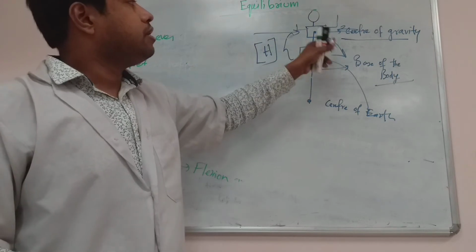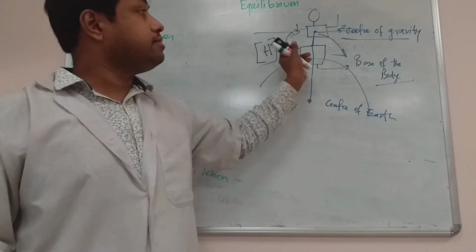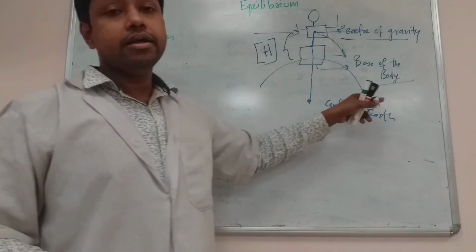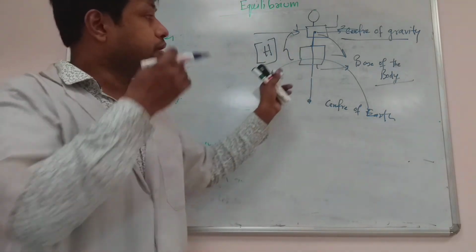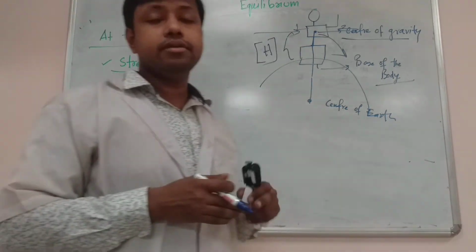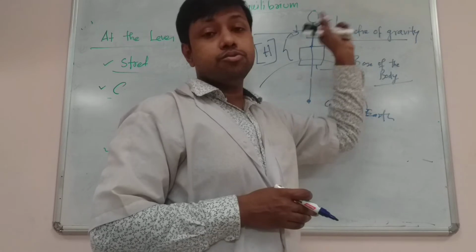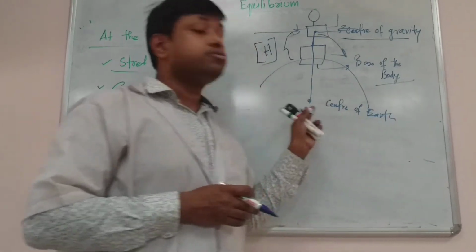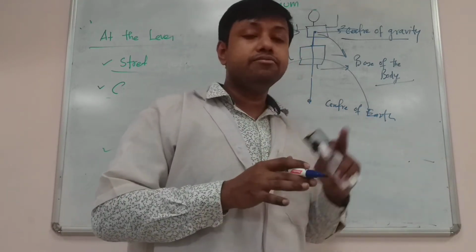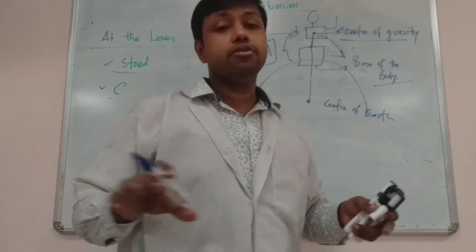So for them any external stimulus or external pressure may change the center of gravity, and they have a small base, so they have a tendency to lose equilibrium. So higher animals like human beings, since the base is smaller and the center of gravity is higher, may lose equilibrium very easily. That's why equilibrium is a big question for animals like human beings who have a higher center of gravity and a small base.